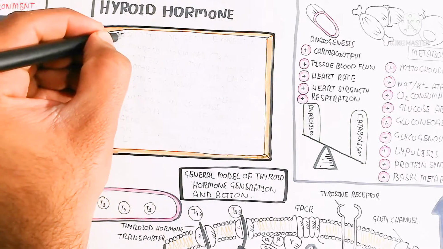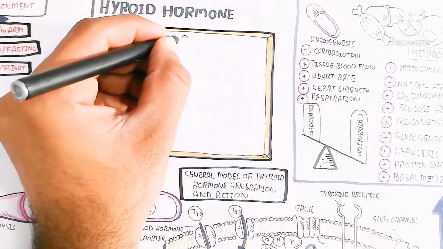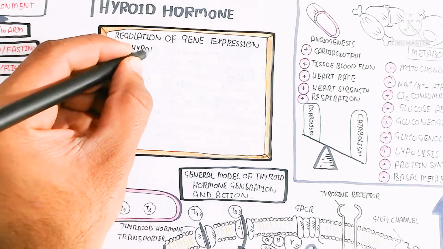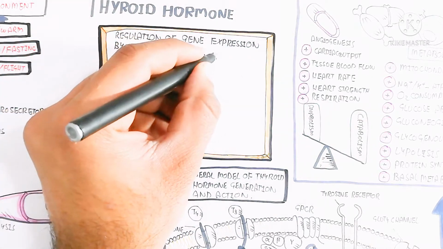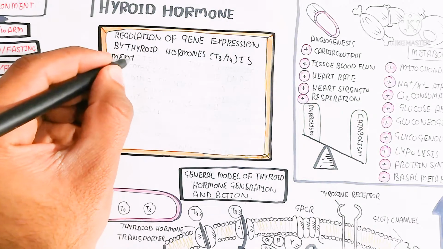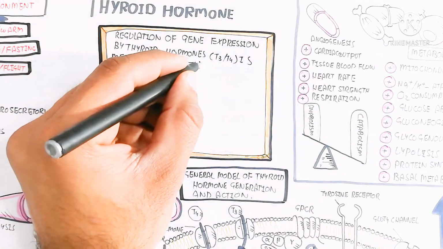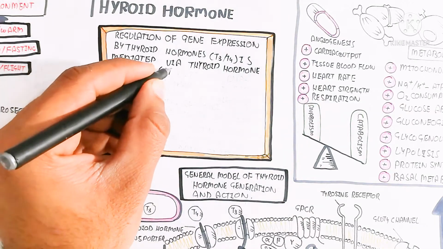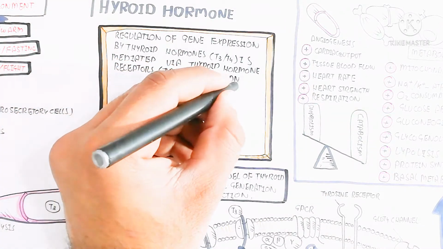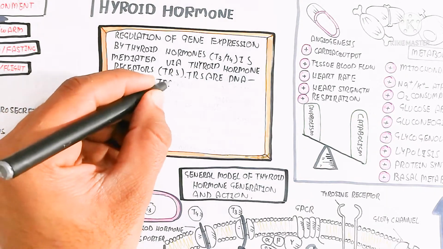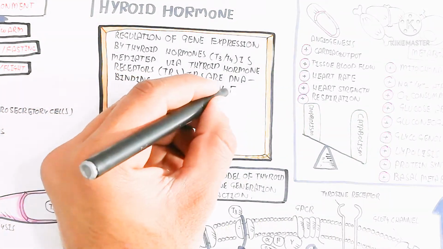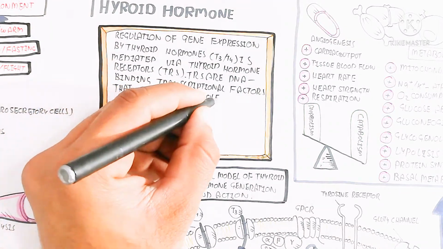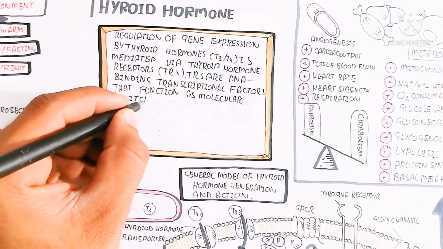In this way, remember that all these things require protein, and this protein will be translated from the thyroid hormone associated gene, which will be transcribed to translate that protein and that enzyme for the synthesis and catabolic requirement. So in summary, we discussed the regulation of gene expression by thyroid hormone,